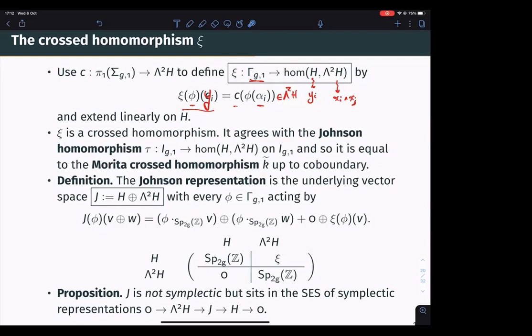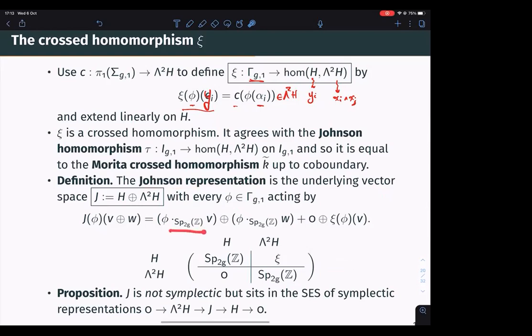So this Xi, what does it mean to be a crossed homomorphism? It means that I will define a representation of gamma G1 called the Johnson representation, with underlying vector space H direct sum lambda 2H. Again, I want you to always think of H here as generated by the Yi's and lambda 2H as generated by Xi, Xj's, such that every phi acts, well, I'm trying to write here the matrix that I wrote here,